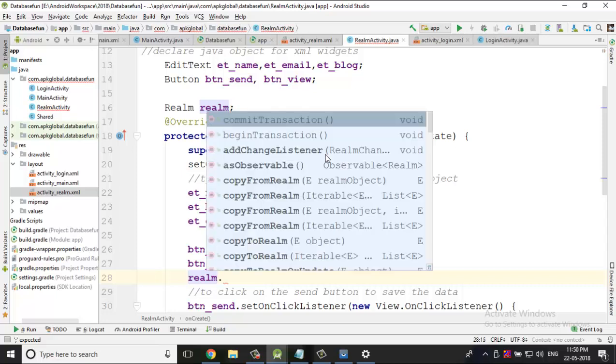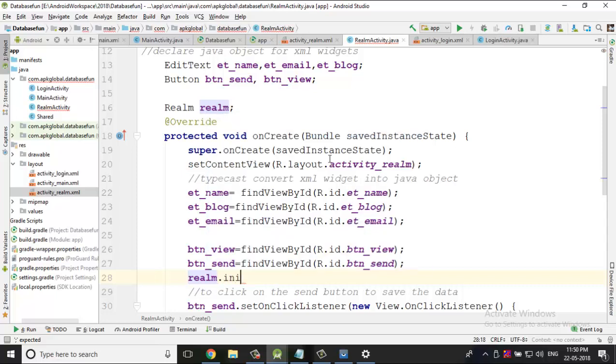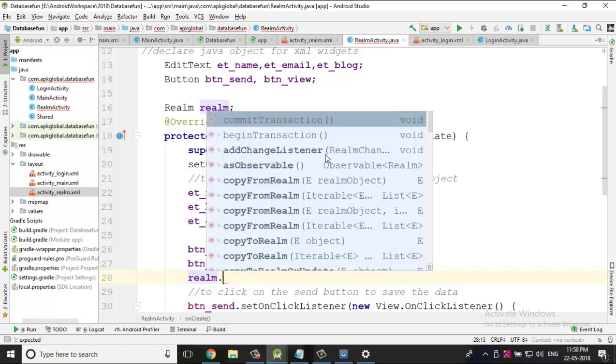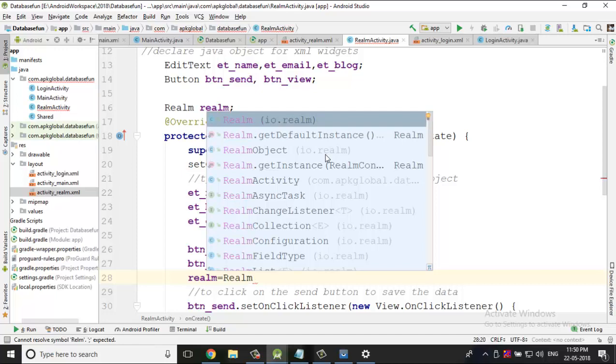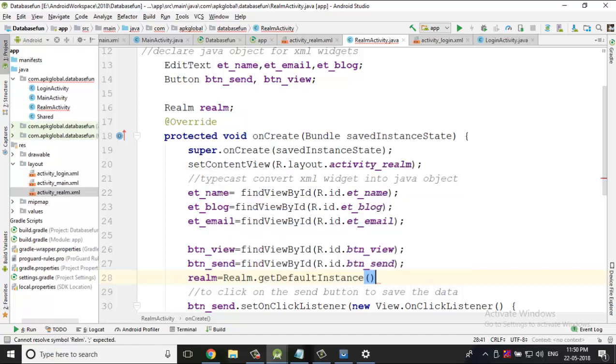So realm dot initialize, realm dot, just give me a second, equals to realm dot get default instance. Okay,